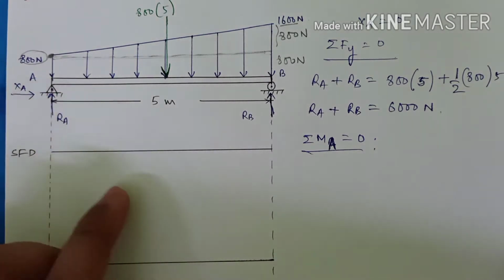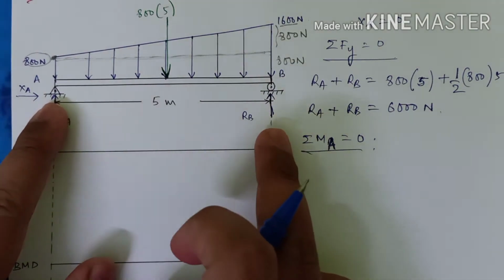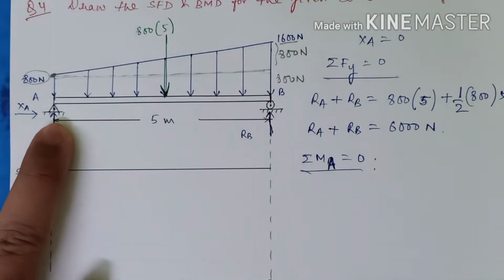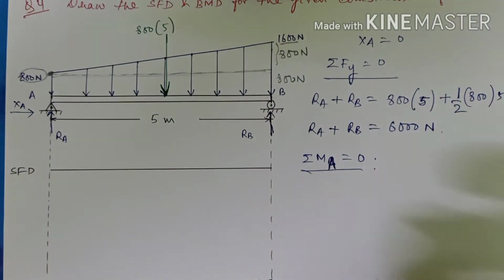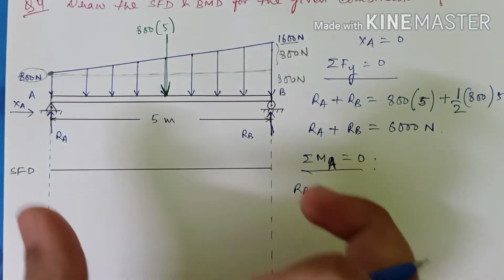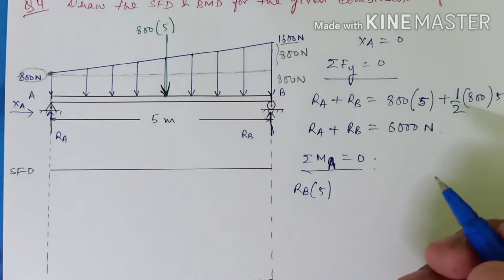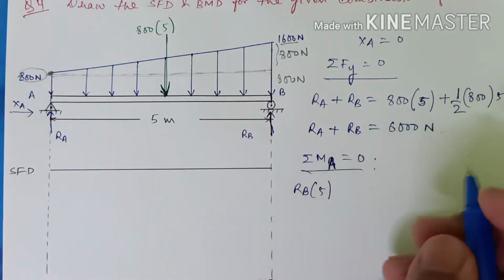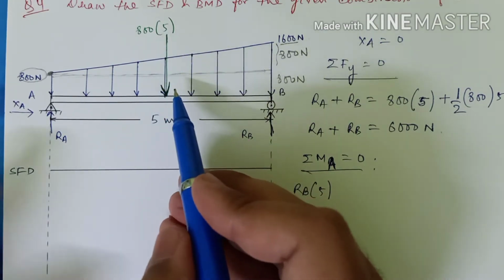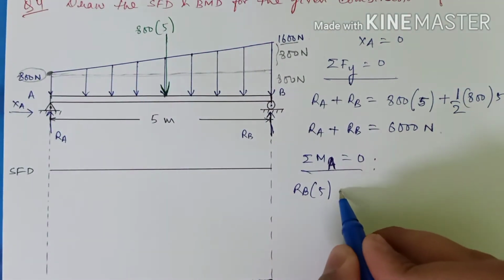Moment about A means, first of all, this RB will try to rotate the beam anti-clockwise, so it will be positive. This is my force, multiplied with the perpendicular distance, that is 5. What else do we have? We have this one which is acting downwards, so it will try to rotate the beam in the clockwise fashion. So minus